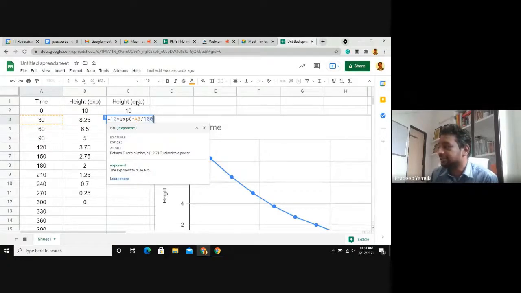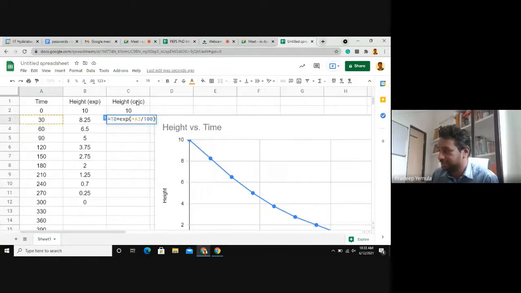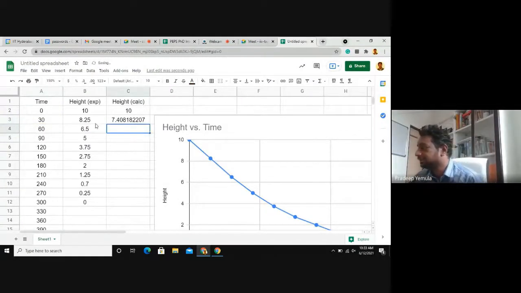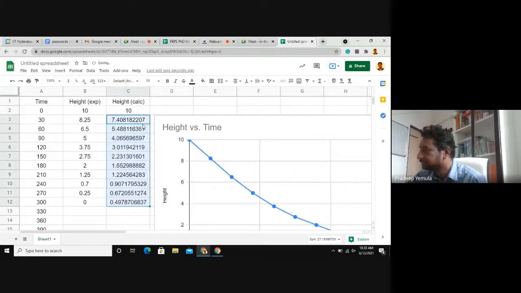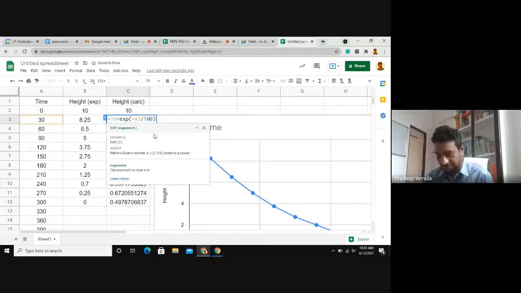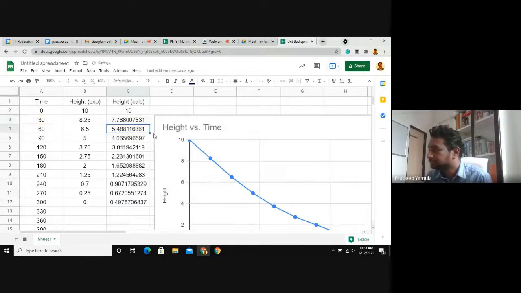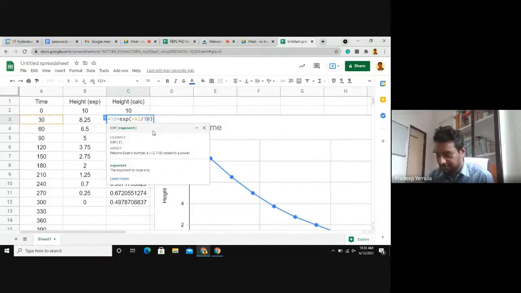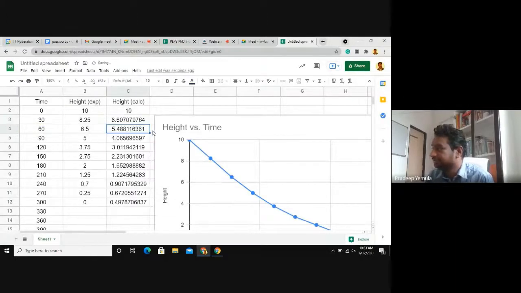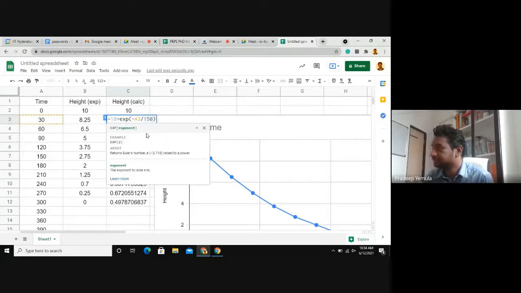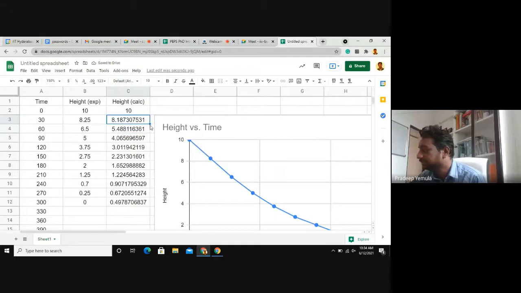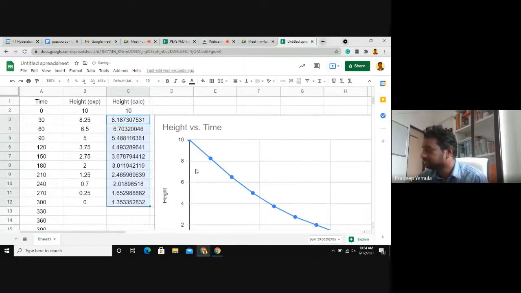So that AK is a constant. For the time being, I will just take 100 as the constant. So let us see whether that one will match. So different, because we don't know the constant, we have to try with different values. So I think I'll try with 150. Apparently looks like. Okay, so let's plot and see.